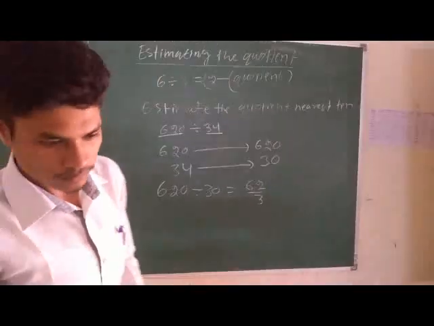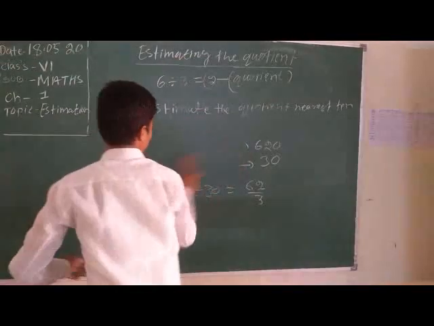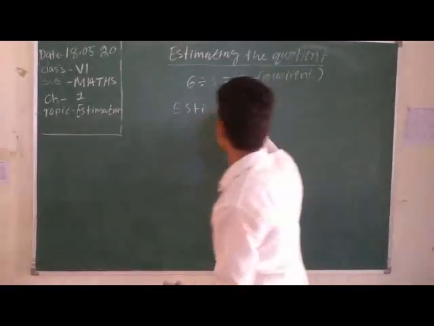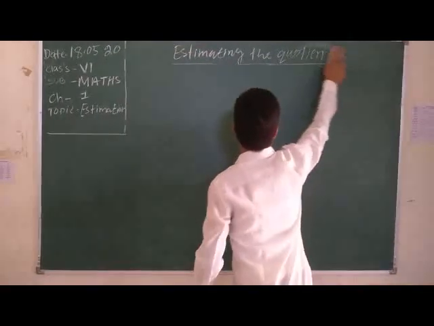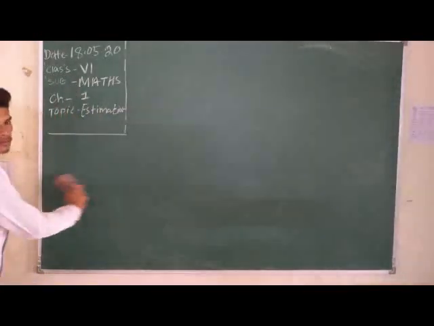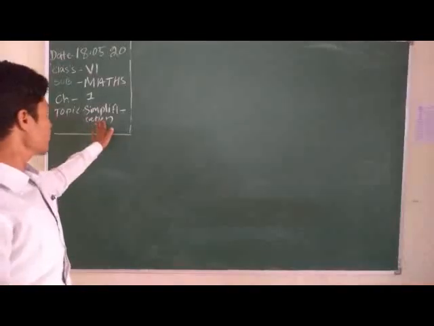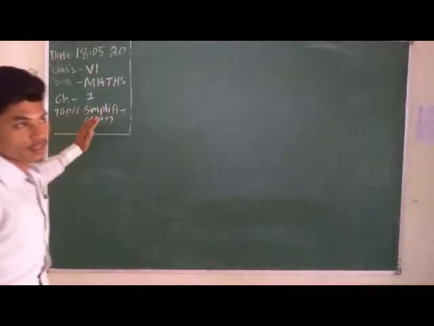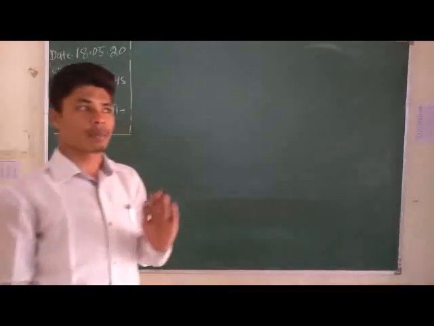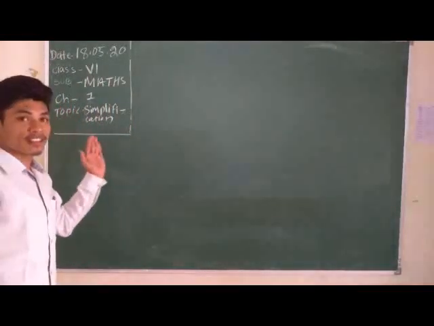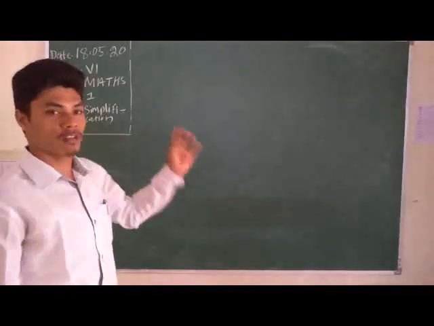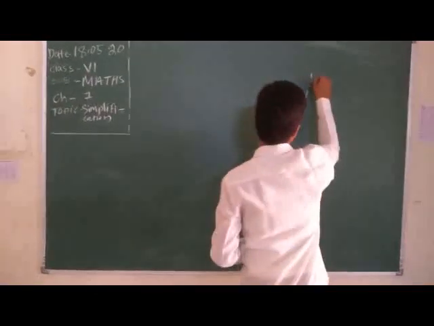Now we know about the simplification of numbers. Next topic is simplification. Now we discuss simplification using the DMAS rule. All of you know the DMAS rule from class 5. Now, what is the DMAS rule and how do we use it to simplify and get the answer clearly?